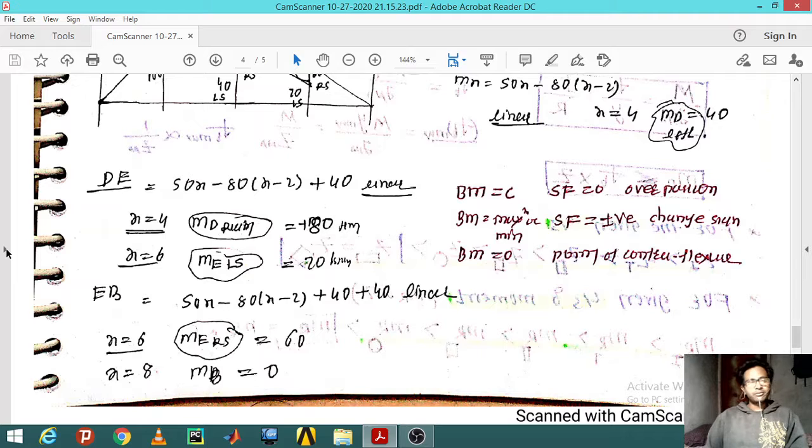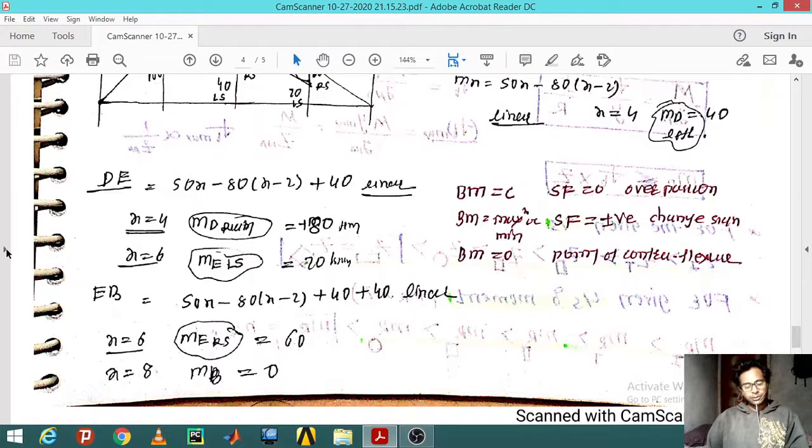Now you have to find the value of the bending moment on the right side of that E point. The equation is going to be similar, in that you take the x value, which gives 15x minus 80(x minus 2) plus 40 plus 40, because the previous moment is added into it, and the E point moment is also added into it. So the equation is going to be a linear equation. In this condition, if you take the x value equal to 6,